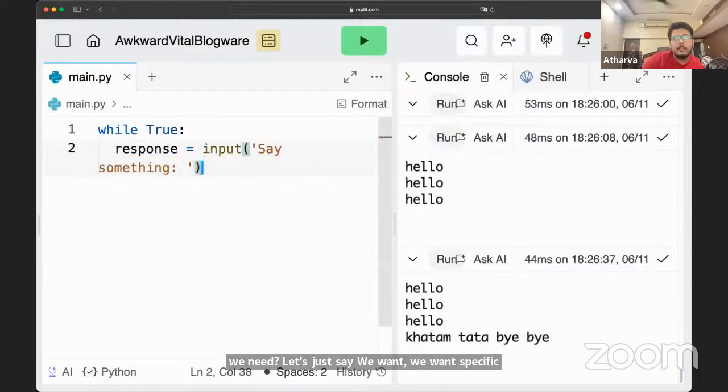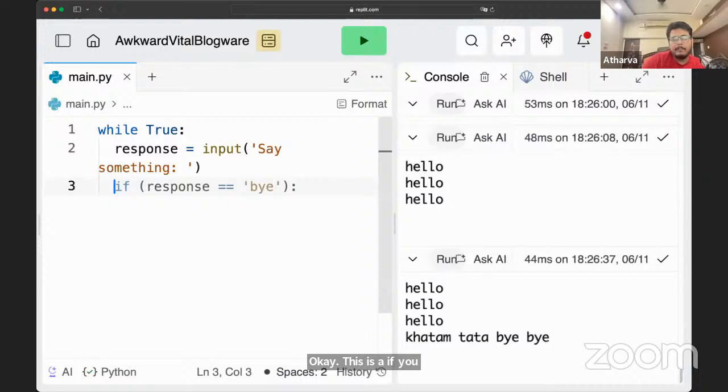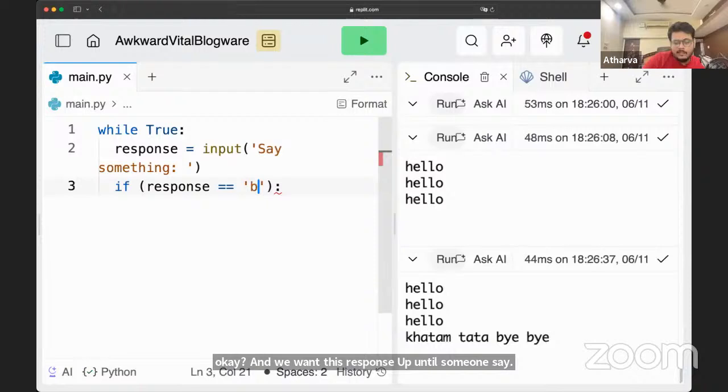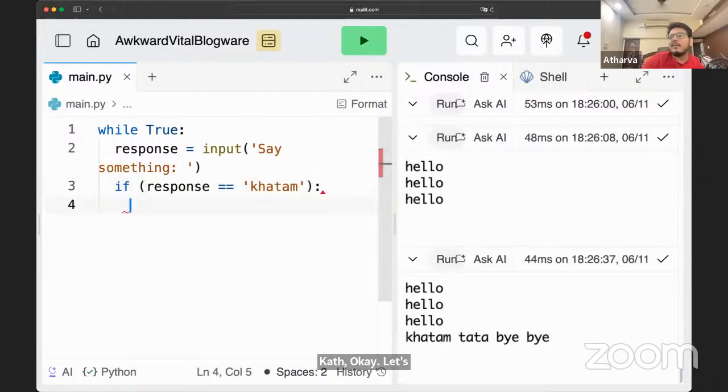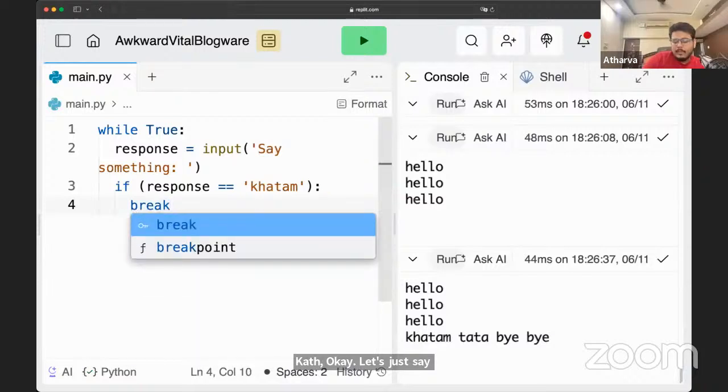And we want this response up until someone says khatam, tata, bye bye. So let's just say khatam. And then we can break.